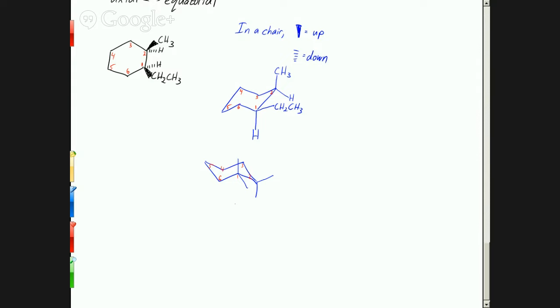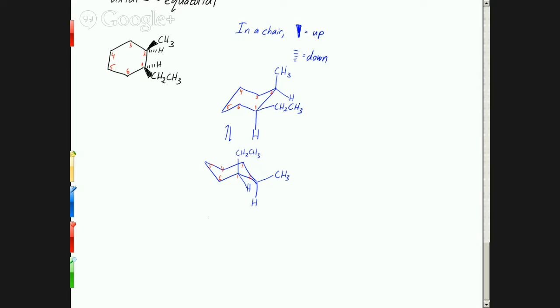So then on carbon number 1, the ethyl group still goes up, but now that up is axial, and the hydrogen is equatorial. And over here, the up is equatorial, and the down is axial. So you're right, that looks pretty different from what we did before. But that's just because it's the other chair conformation. So it is the chair flip. If we build that,